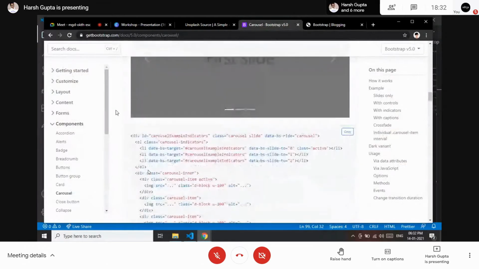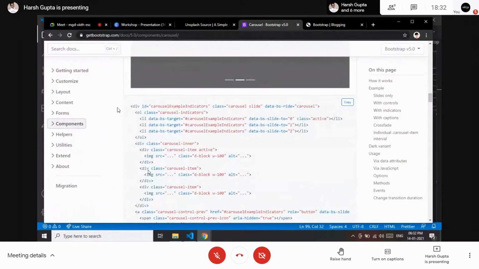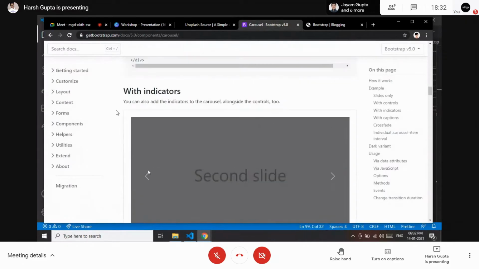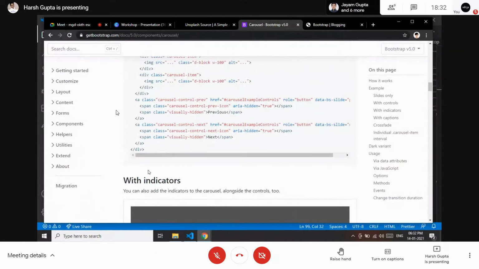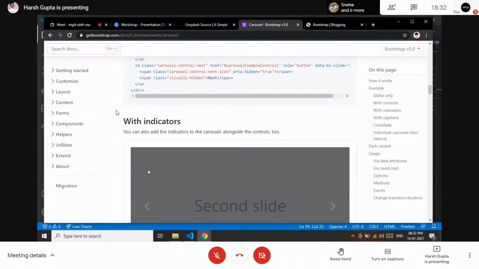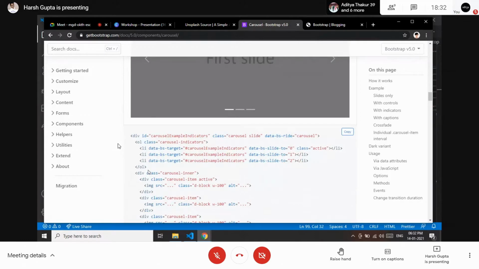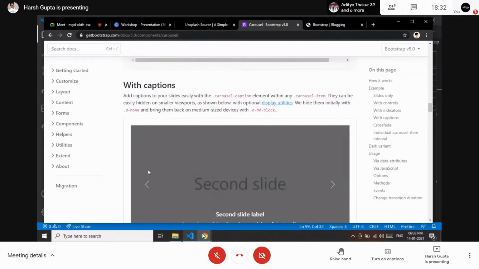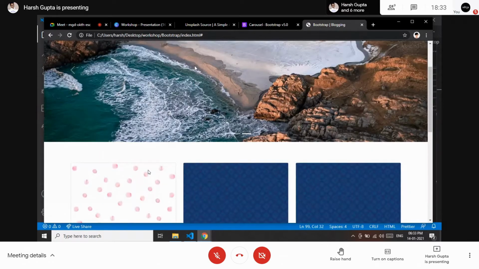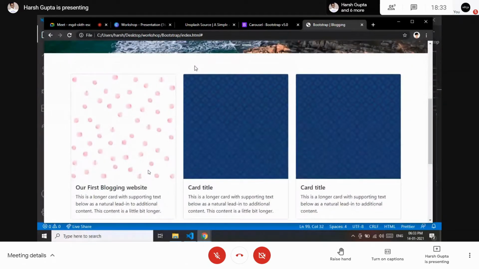But just remember, we don't need to depend on Bootstrap, because it just gives you some responsiveness and some features. You don't need to write all the source code, because that is not productive for the developer. It is just to increase your productivity so that we can be more productive in less time. That's why the motive of Bootstrap came out. So now on the website we have three things, and the last thing we need to apply is the footer.